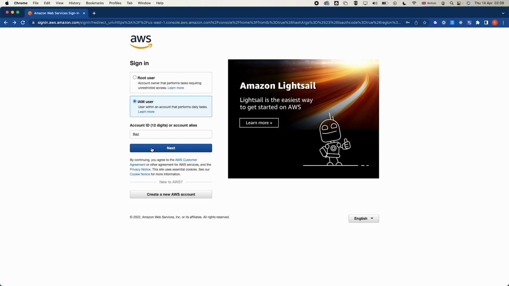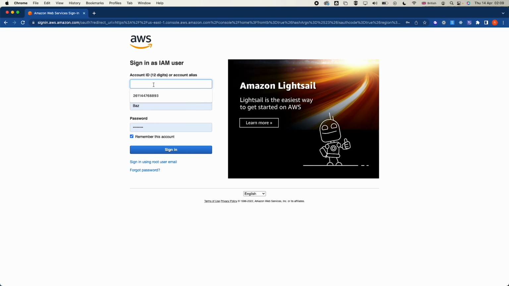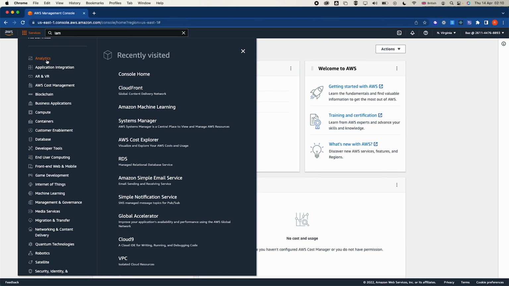particular lab. So I'm going to use this IAM user, and this will ask me for my account ID, which is the 12 digits for my root account. So you should receive this, and you should know this if you have a root account. If not, you need to create a root account. Click on sign in. Now I am here in the AWS Management Console, and the first step I need to